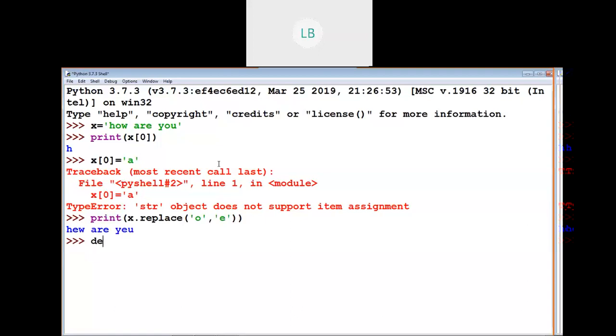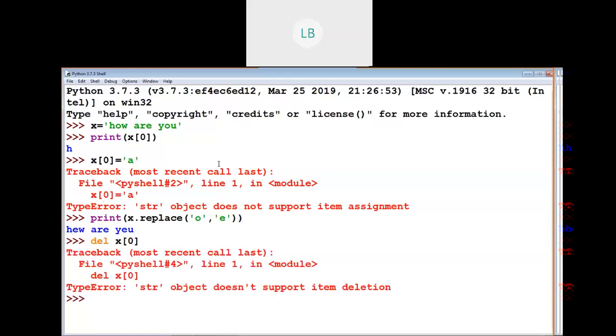Similarly, the del command can be used for deleting, but we cannot delete a particular character in a string. If we try to delete the first character, we'll get an error.